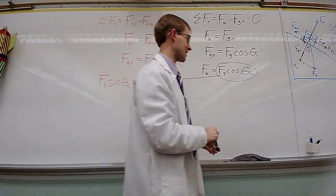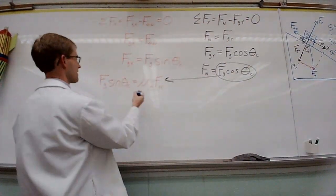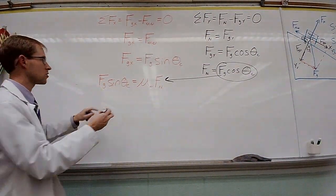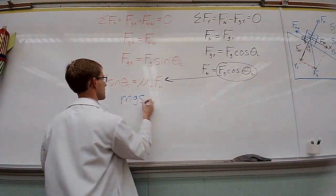And this is where it gets good. Things cancel. That's the best part. So let's be more specific now. Force of gravity is mg. So we've got mg times